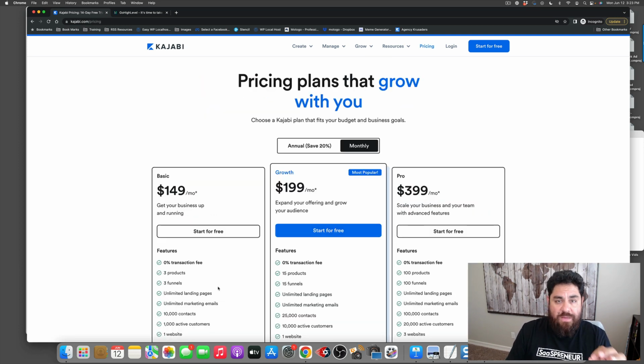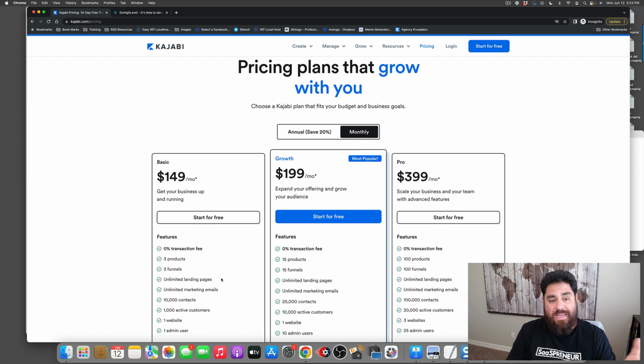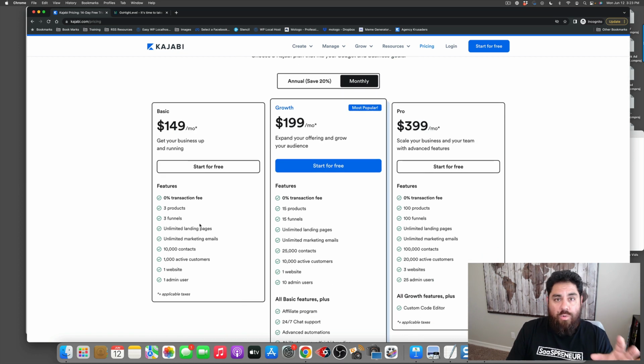Now, pricing on Kajabi is pretty straightforward. They have three plans: $149, $199, and $399. On the lower tier plan, they are very limited. They give you access to 3 products, so you can only create 3 online courses or 3 memberships or a combination of the 3. They give you access to create 3 funnels, unlimited landing pages, unlimited email